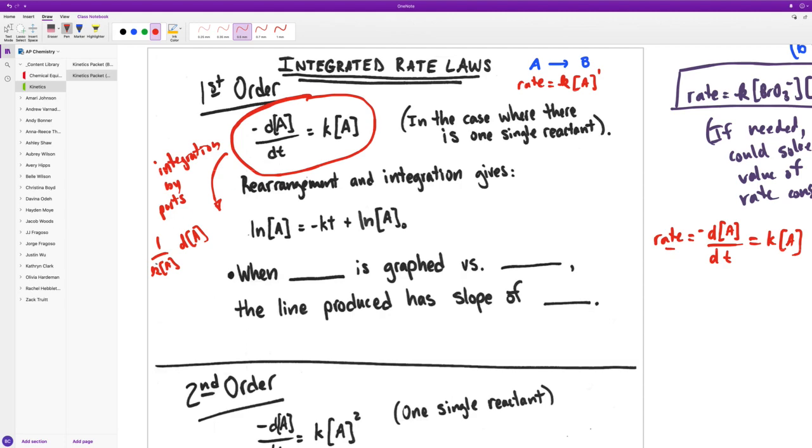I think we end up moving the negative to the other side, but then we put the dt, negative dt, all by itself on the other side of the equation. So we've kind of rearranged this equation,